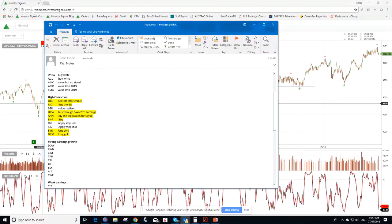Rio, be a little more aggressive there with Rio, but still be mindful that it could trade down into the $65, $67 range. SGR, very happy with the outcome there in Friday's result. Maybe a little bit of value left on the table, but not too much for the short term. URW, which is Unibail, we'll wait and see how that plays out in the earnings result, but that's on the